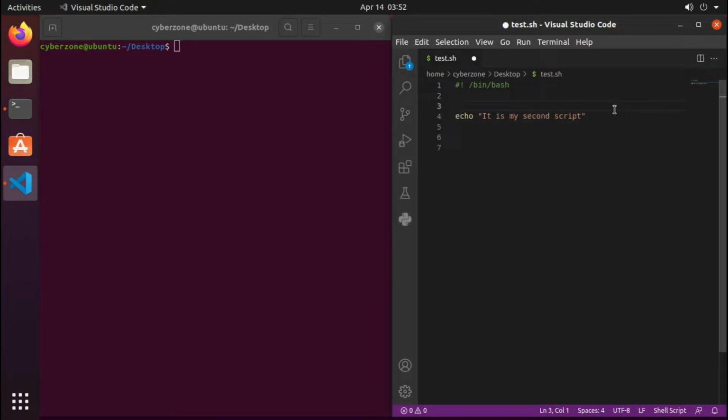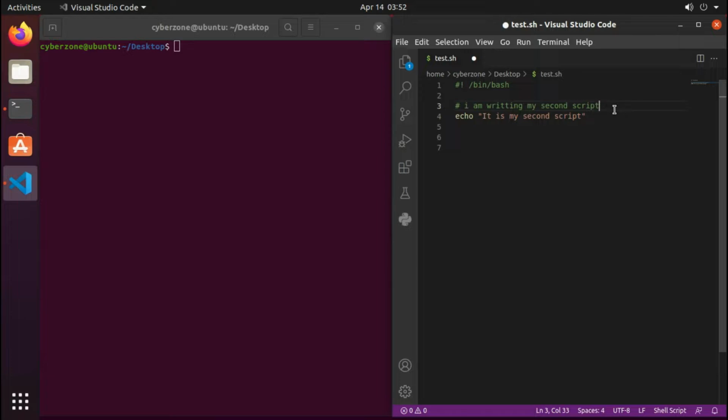First of all, we will use a hash before the line of comment, and here we will write, for example, I am writing my second script. As you can see, this is the comment which we have added into our script,